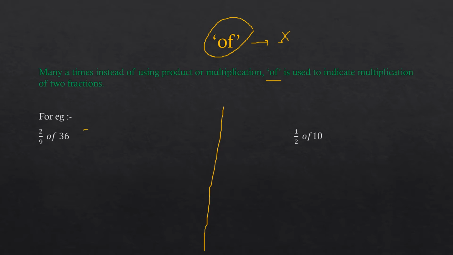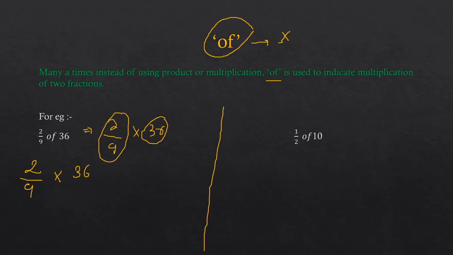We are having 2 by 9 of 36. Okay, 2 by 9 of 36 means 2 by 9 of is what? Nothing but multiplication, 36. Now you can see here this is a fraction and this is a whole number, but we can solve it like this only. For convenience we can write it as 2 by 9 and "of" is multiplication. 36 can be written as 36 by 1, right? 36 by 1 will be equal to 36 because 1 will not change the value of 36 if we are using it in division.